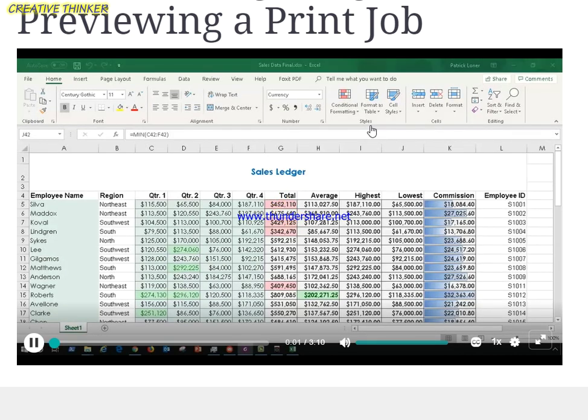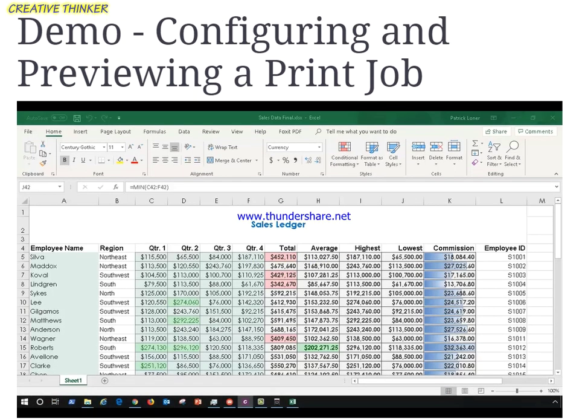So as we've been talking about, there are going to be times when you want to print documents, and so in this demonstration we're going to look at configuring and previewing a print job. We have a sales data final. It's listed here. It's got all the formatting in there, and we want to print this. So in order to do that, you are just simply going to go up to the File tab, click on File,